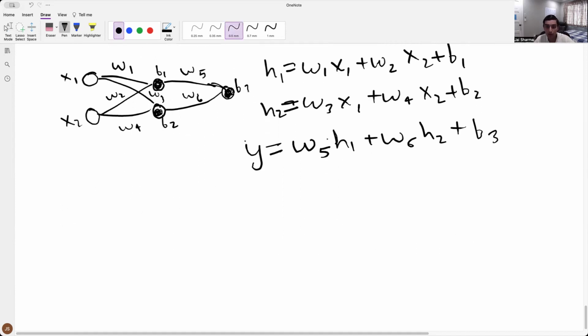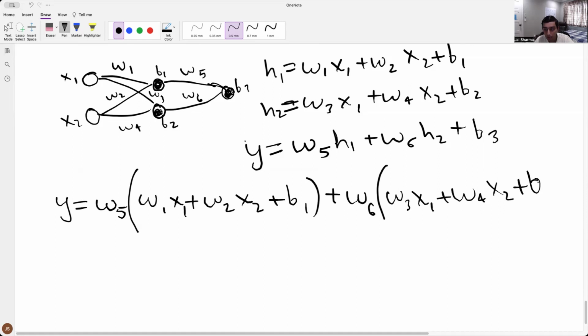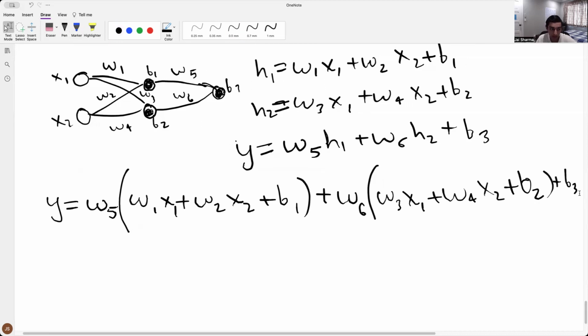Now we actually have an expression for H1 that we can substitute in here. So let's do that math. So Y is equal to W5 times, in parentheses, W1 x1 plus W2 x2 plus B1, and then plus W6 times whatever the expression is for H2. I'll just copy that in, W3 x1 plus W4 x2 plus B2, and then at the end plus B3. Okay, so let's expand this and reduce this down. I'm going to factor out x1 and find all of the common factors. So there's W5, W1